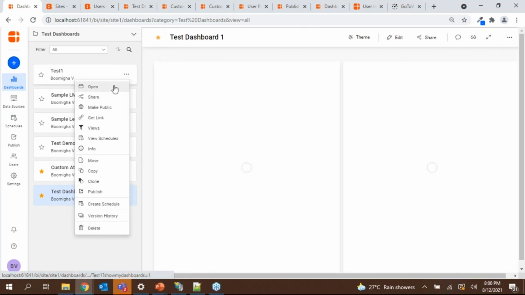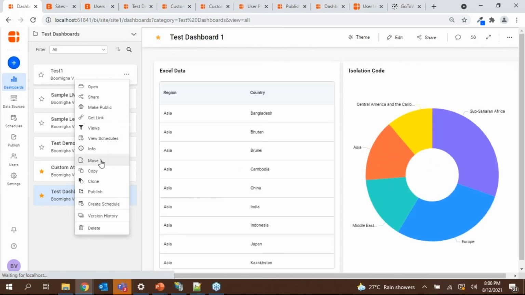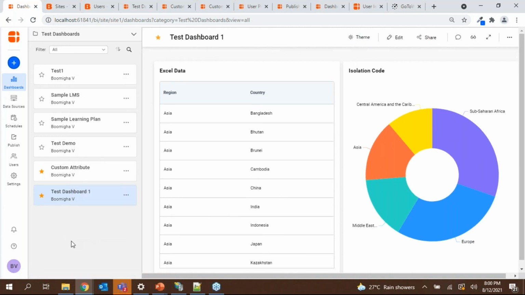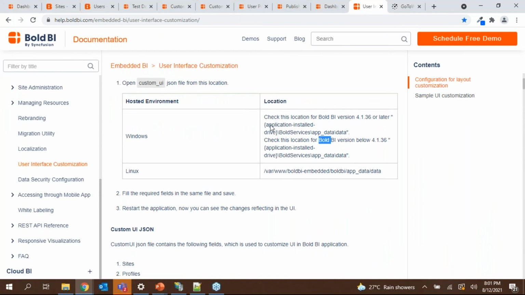And you can see here under the context menu, I couldn't find the options called edit and security because we have hidden that property. So like that, you can customize even the dashboard's context menu or the whole VI context list, which are listed on the left side. Or if you want to show different pages or the same page, everything can be customized. So this is the concept of user interface customizations. And you can find some more additional details under this help.